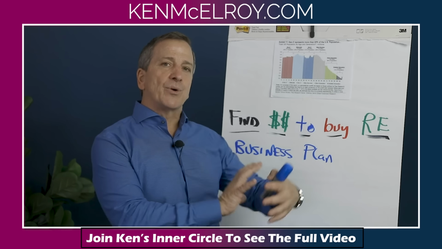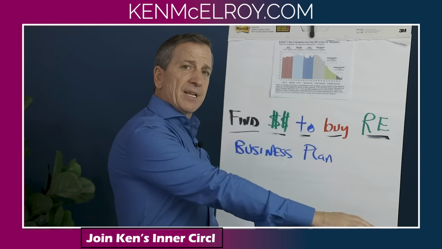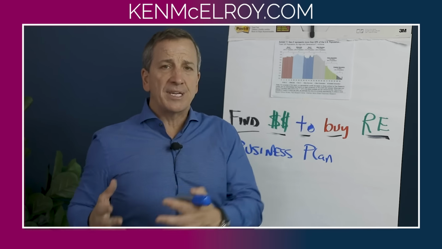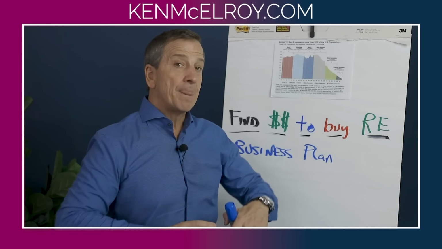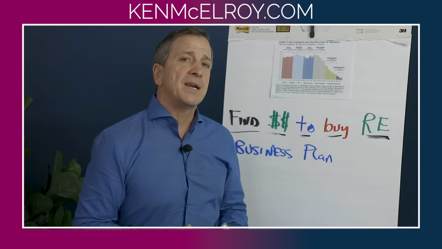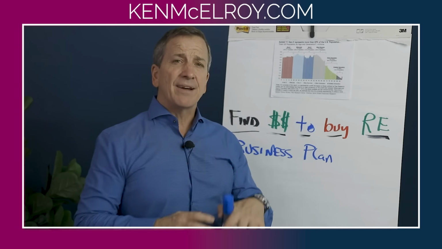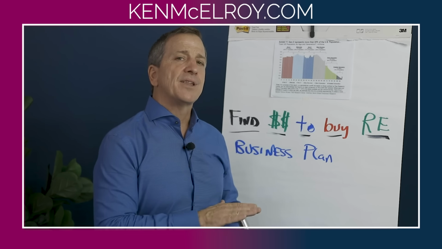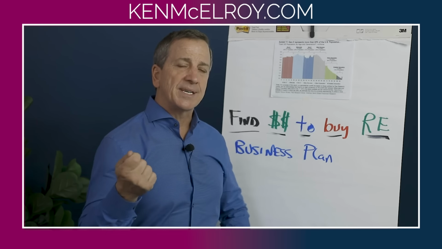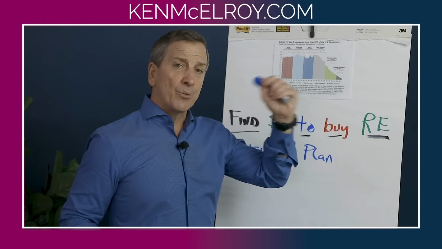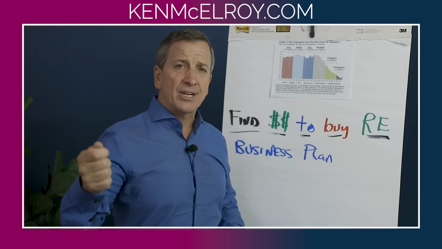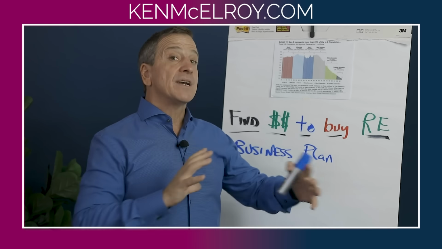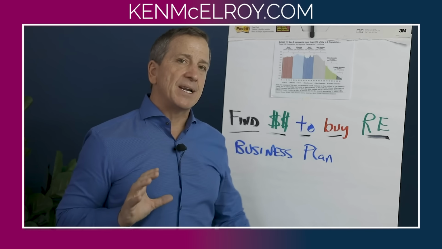So let's say you're doing a rehab. You're definitely reaching out to a contractor or a team of people to help you with that rehab. You need to have all the numbers buttoned up. You need to have bids. You need to have everything inside of the plan, or at least the numbers in the plan, so that if you're asked, you can produce it and say, this is the bid for the roof, or this is the bid to remodel the kitchen, or whatever it is. Whatever it is, you have to have all that buttoned up.